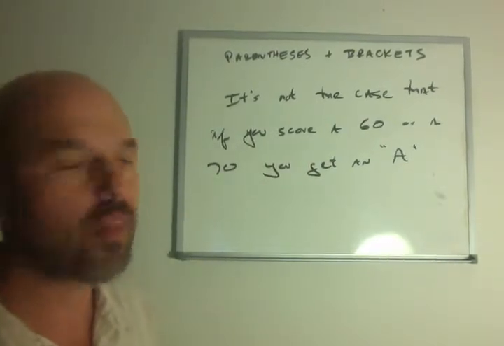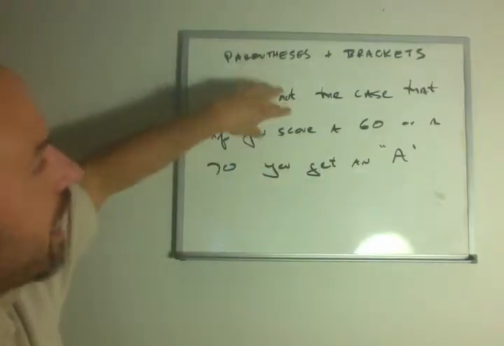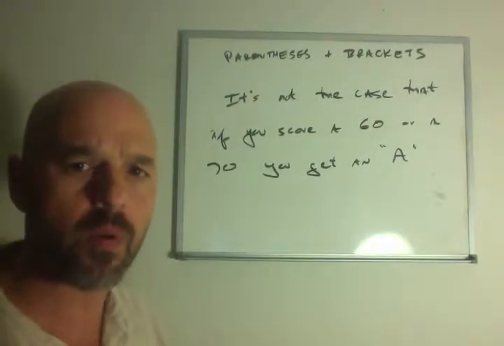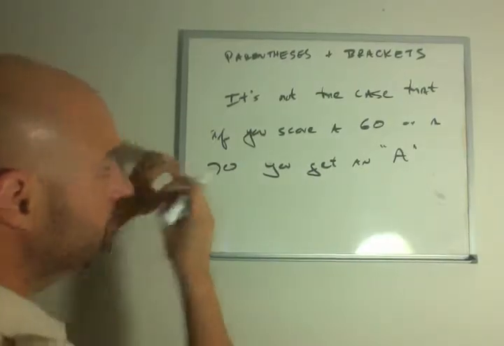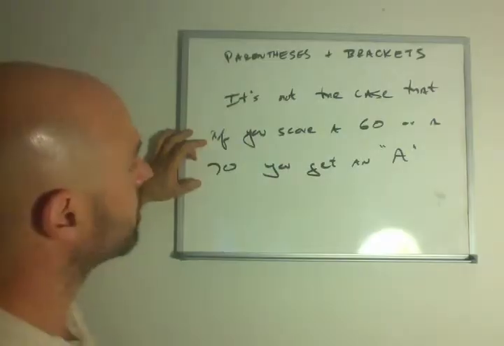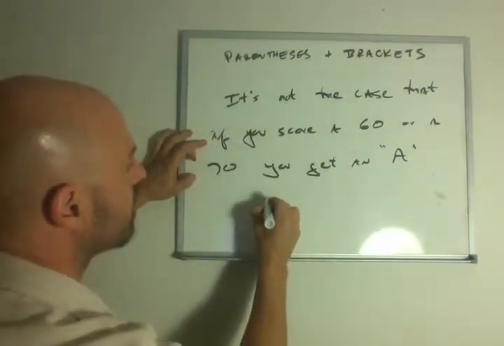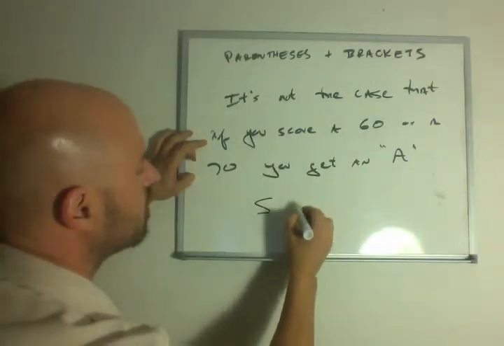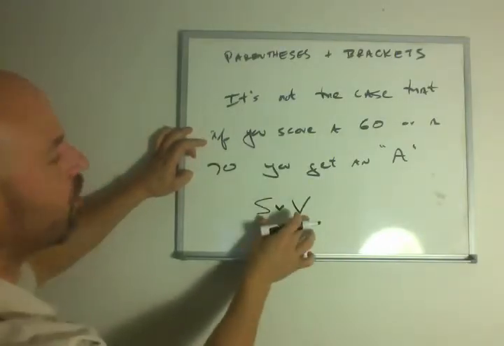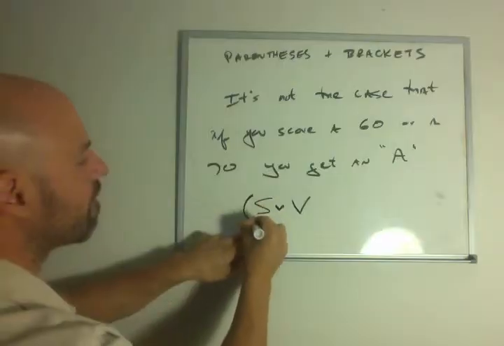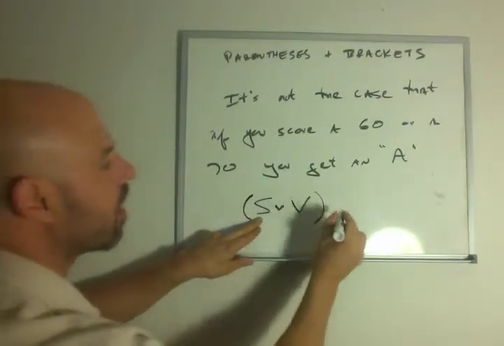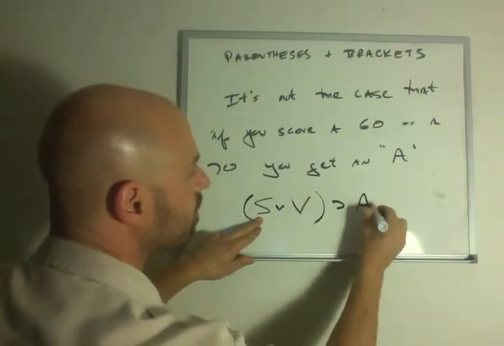Okay, how are we going to say all that? All right, well, we're negating, right? It's not the case that all this is true. Let's figure out what we're negating. We're negating if you score a 60 or a 70, you get an A. Okay, so I'll use S for 60. Okay, I'll use V for 70. And what we're saying is that if you score a 60 or a 70, then you get an A,